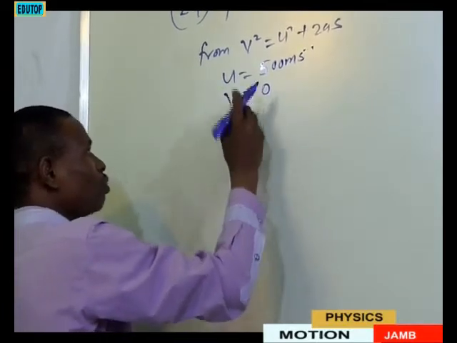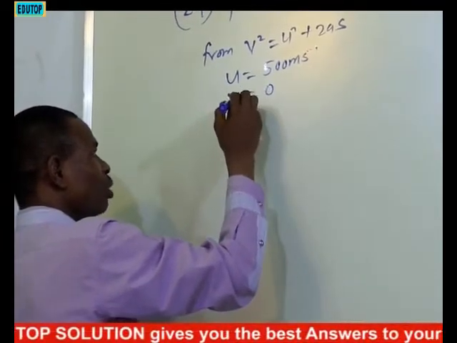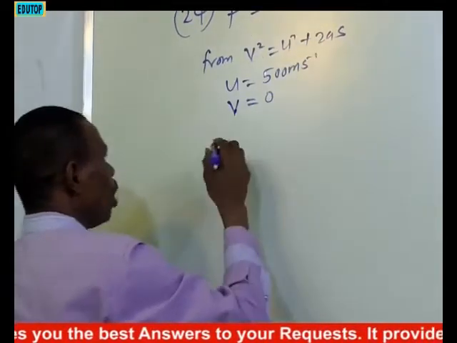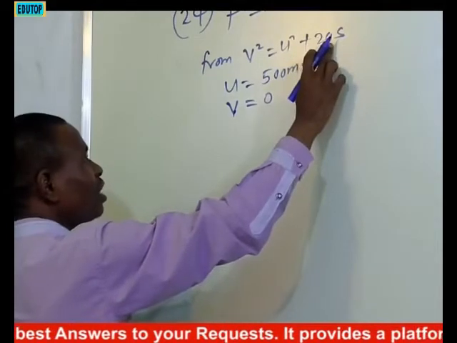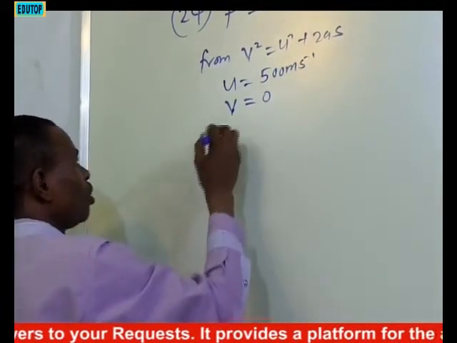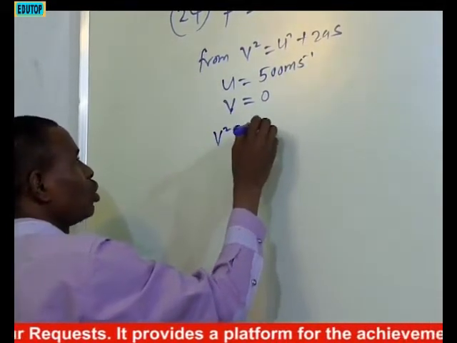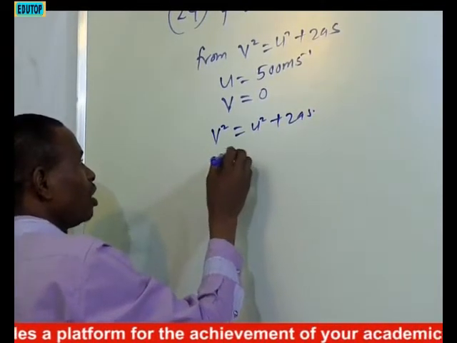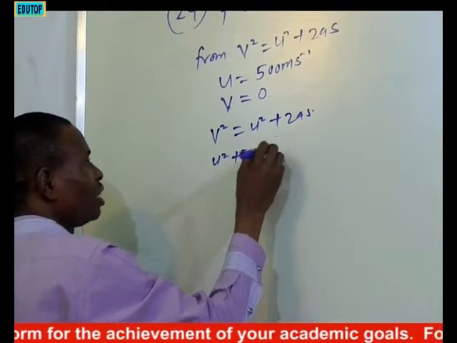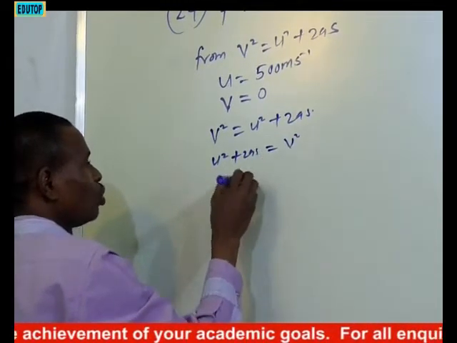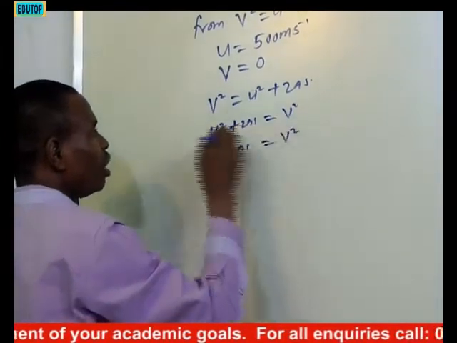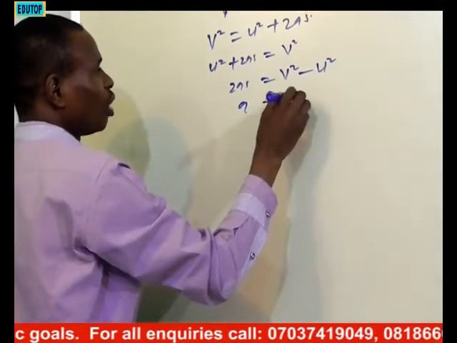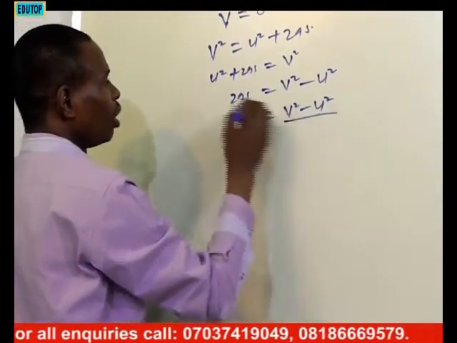By the time it comes to rest, the final velocity is equal to what? 0. So from here, you want to make a the subject of the formula. v squared is equal to u squared plus 2ax, so that u squared plus 2ax is equal to v squared, so that 2ax is equal to v squared minus u squared. Your a will be equal to v squared minus u squared, all divided by